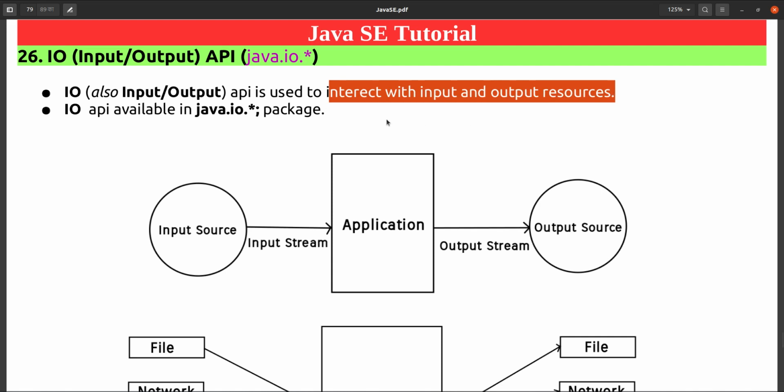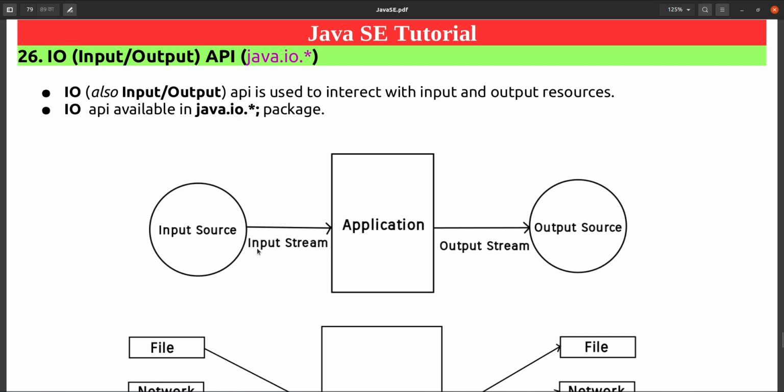Any resource that is used to take the input for the application can be an input resource, and any resource that your application can use to give the output to the user is called an output resource.